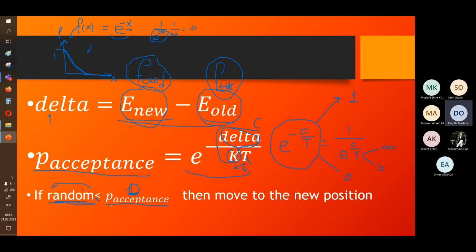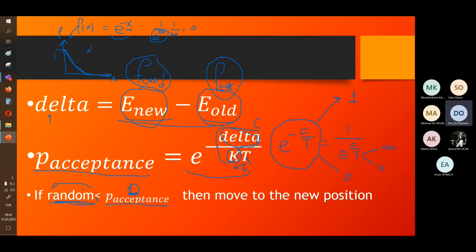But if the temperature is high, we will be accepting this solution while delta is 7. The same difference, which is 7, will be rejected if the temperature is quite low. Therefore, the acceptance threshold, not ratio,